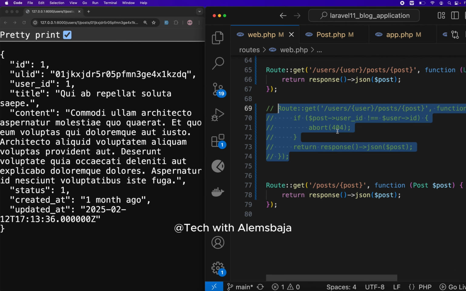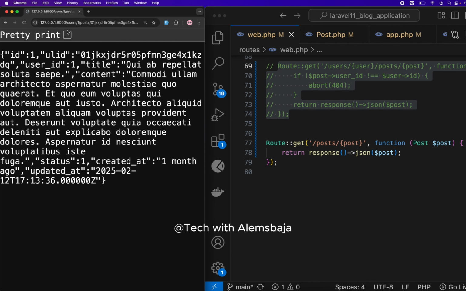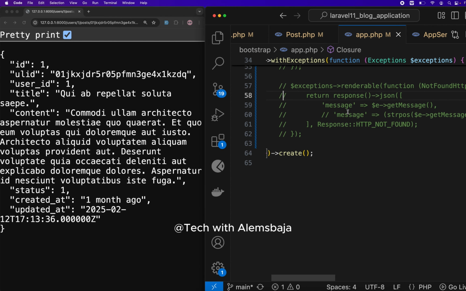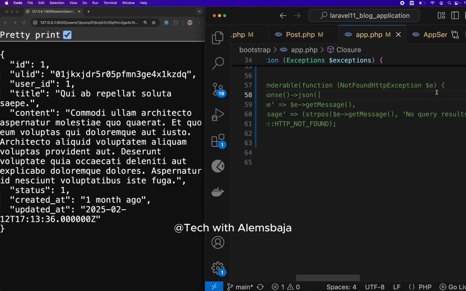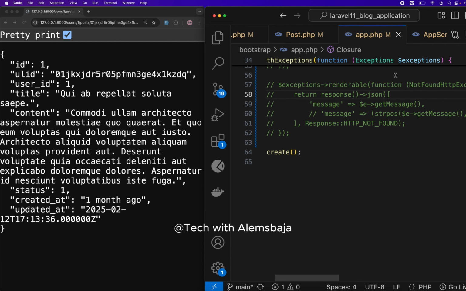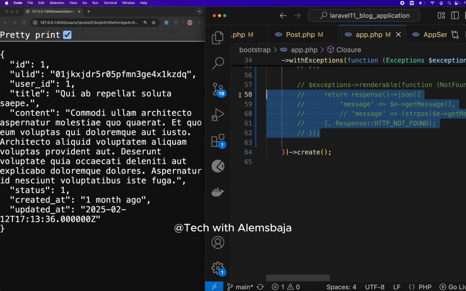So now lastly, like I showed you just now, it's returning 404 if it is not found, and then a 404 page. You want to customize the response. So how do you handle missing model behavior instead of just returning a 404 page? You head over to the app.php here, and there is what we call the not found exception. So in Laravel 11, all of these error handling exceptions can be defined in the app.php, which is found under the bootstrap folder. So I will uncomment this now